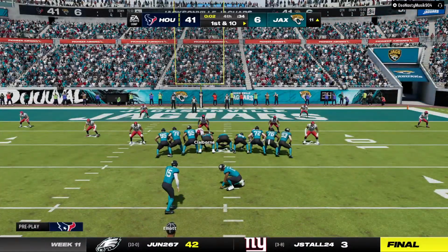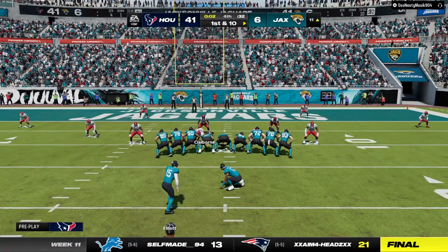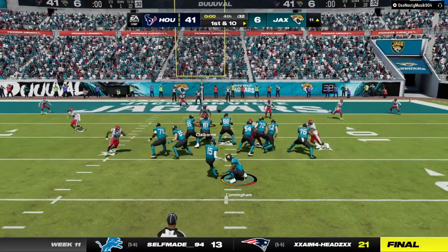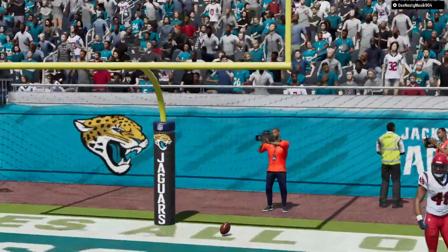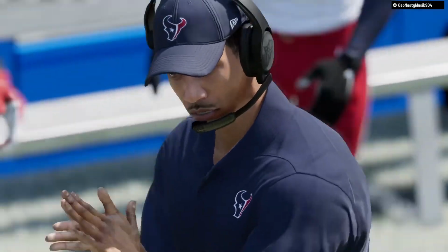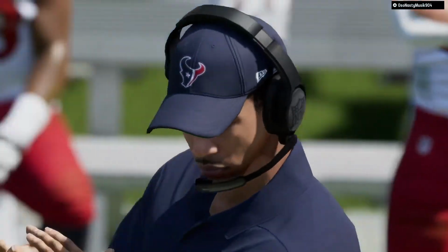Now Jake Elliott for the field goal try. From the right hash here, should be an easy one. 28-yard attempt. And the kick here is good, so add 3 to the total, but they're still coming up well short, and that is